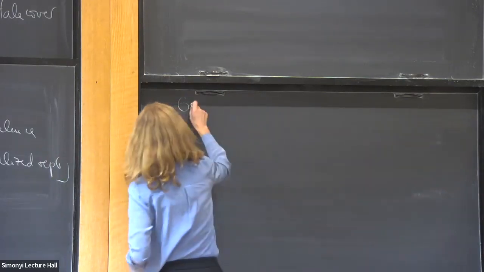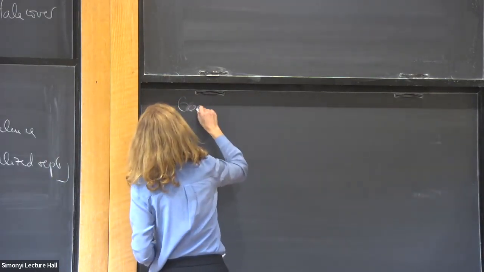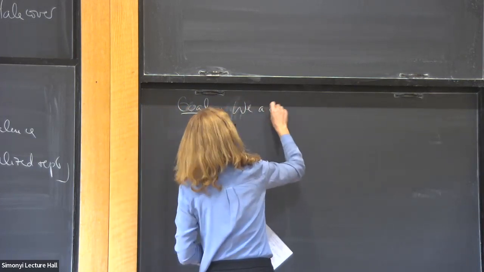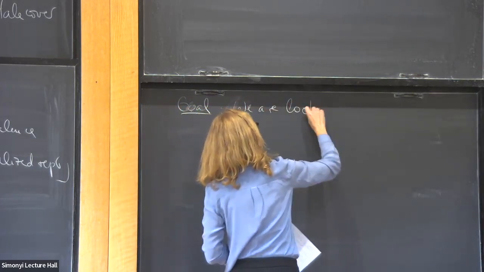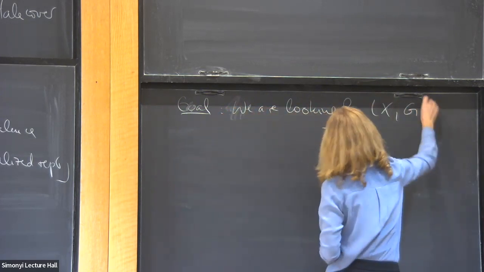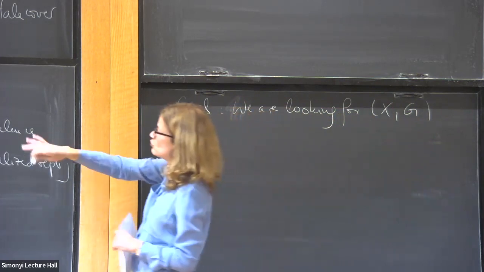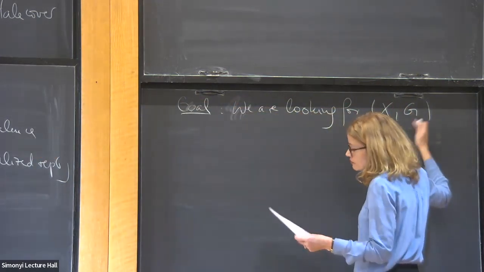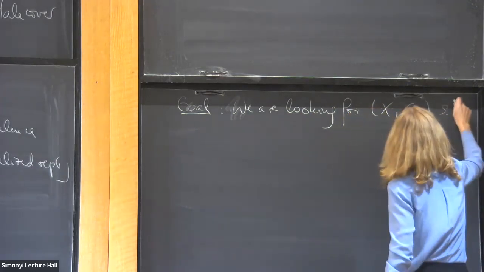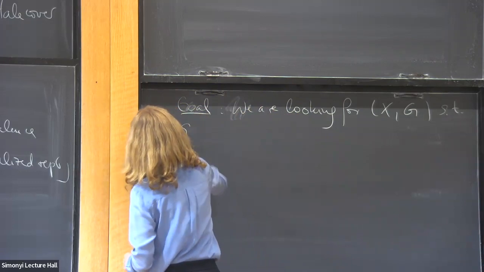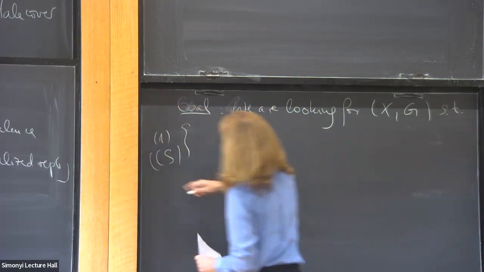So goal, how do we generalize it? We are looking for pairs X, G. So X is as usual my smooth proper rigid space over K. G is a group object of these rigid spaces over K, such that we have an equivalence between, so this is an equivalence of, call it,